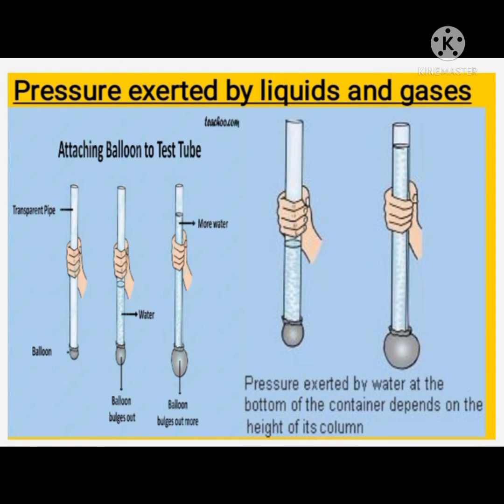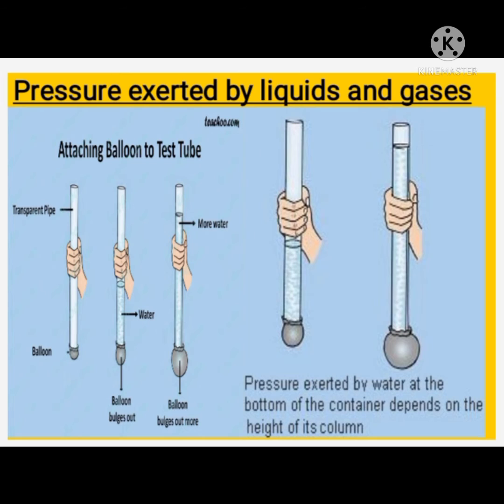Our next topic is pressure exerted by liquids and gases. We will discuss this topic with the help of an activity. Take a transparent glass tube or a plastic pipe. The length of the pipe should be about 15 cm and its diameter should be 5 to 7.5 cm. Also take a piece of thin sheet of good quality rubber, say a rubber balloon. Stretch the rubber sheet tightly over one end of the pipe. Hold the pipe at the middle, keeping it in a vertical position as shown in the figure. Ask one of your friends to pour some water in the pipe.